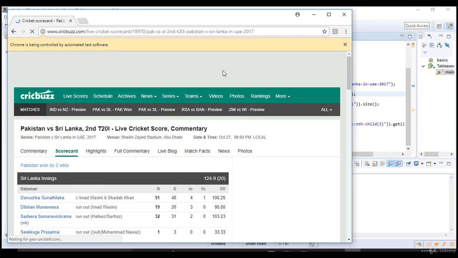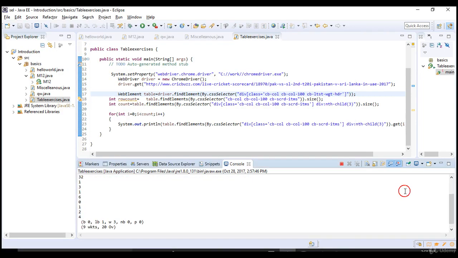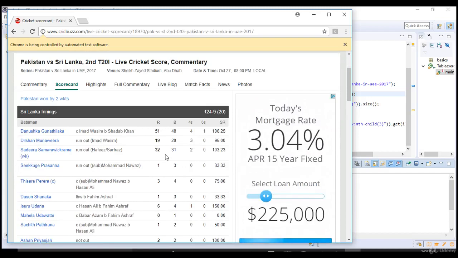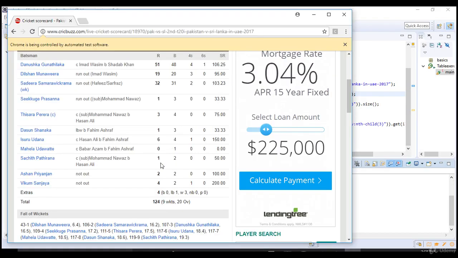Okay, the browser is invoked and it's still loading. Once the loading is done, let's go back and see that output. 51, 19, 32, 1, 3, 1, 6, 0, 1, 2, 4.